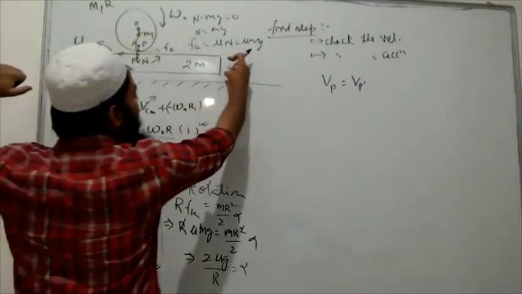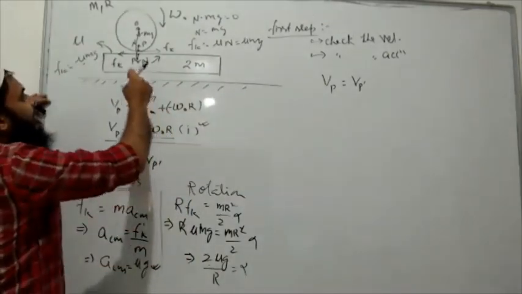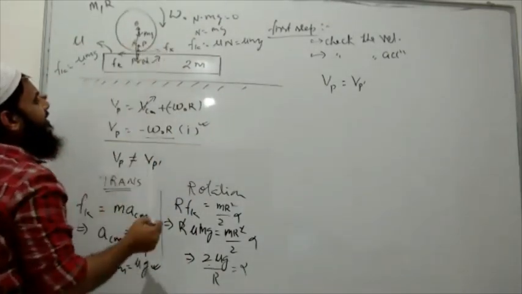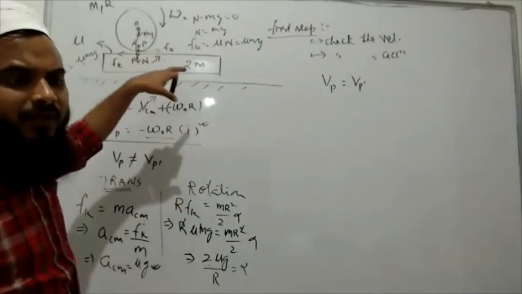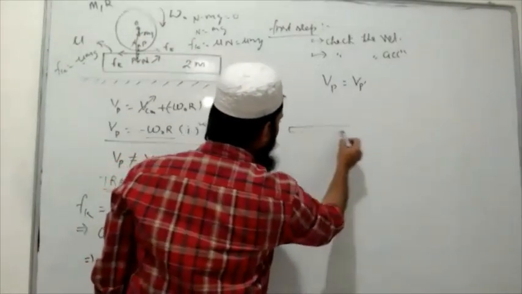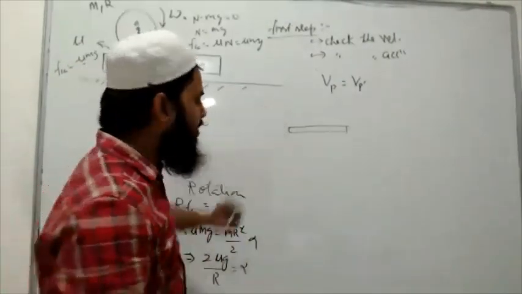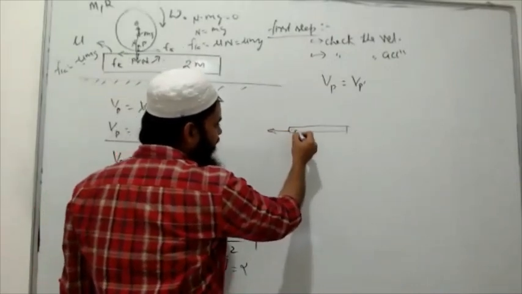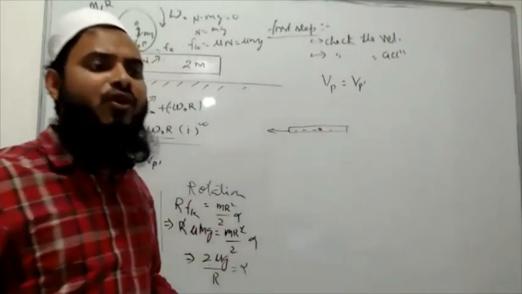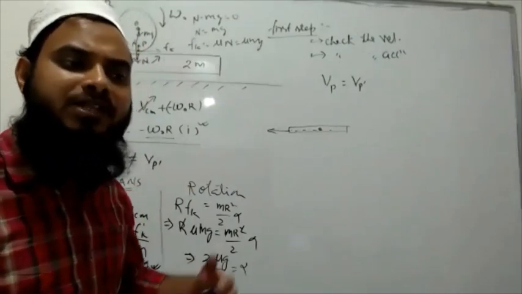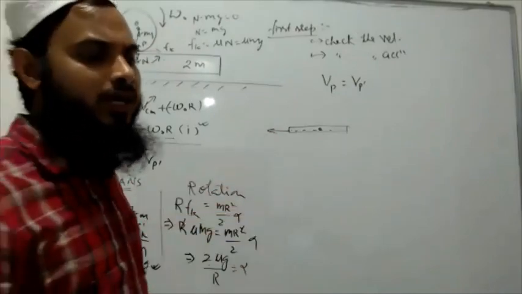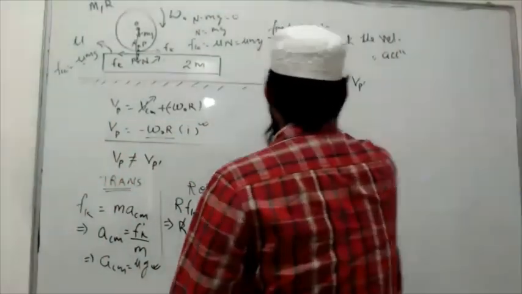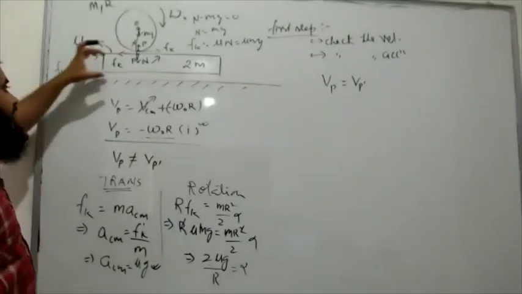This plank has negligible height, so I will assume that the center of mass will be here, and this force passes through the center of mass. So this plank is basically a very thin rod like this. I am not giving you the width of the plank, so the force acts here. If the line of action of force passes through the center of mass, that body will not rotate; it will do only translational motion. So due to this friction force, this plank also starts translating in the minus x direction.